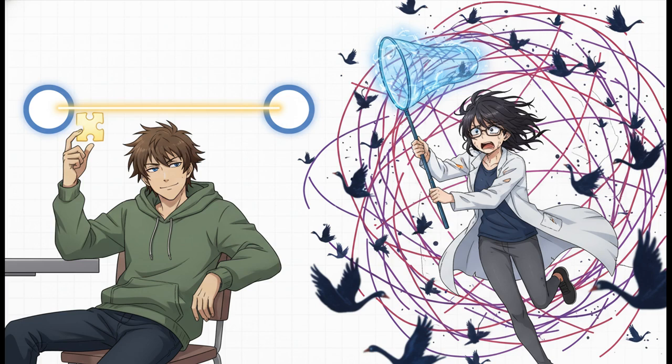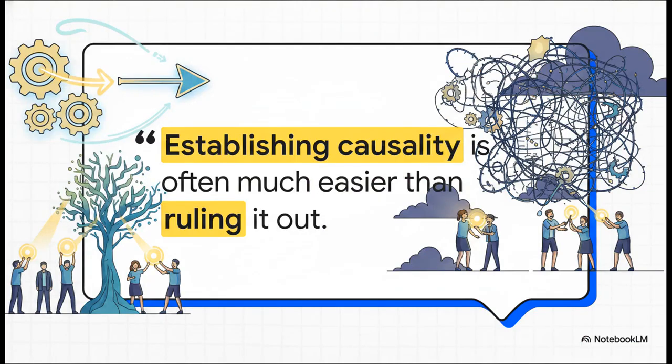Well, causal claims are the exact opposite. Proving a fake cause is easy. Just selectively show one or two variables. Falsifying that fake cause is an absolute nightmare because you have to track down and prove the existence of every single black swan hidden variable in the universe. The author summarized this beautifully, highlighting this fundamental asymmetry. Quote, establishing causality is often much easier than ruling it out. Deception is just mathematically easier than establishing the truth.